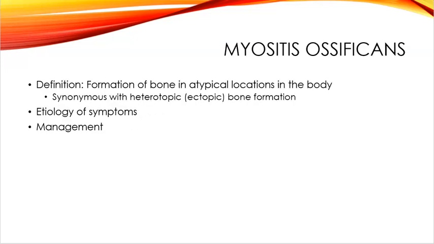I'm going to talk more about myositis ossificans, which is formation of bone in an atypical location in the body. It is synonymous with heterotopic or ectopic bone formation. So the term is often used interchangeably to describe the formation of bone in an atypical location of the body. Some resources use the term myositis ossificans to denote only ossification of muscle. More often the term is used generally to characterize